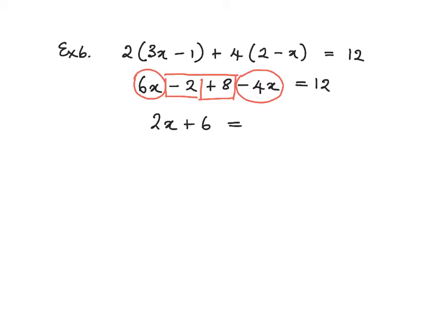Look how easy the equation becomes when we take the trouble to simplify. Subtract 6 from both sides. 2x equals 6. Divide by 2, x equals 6 over 2, and x equals